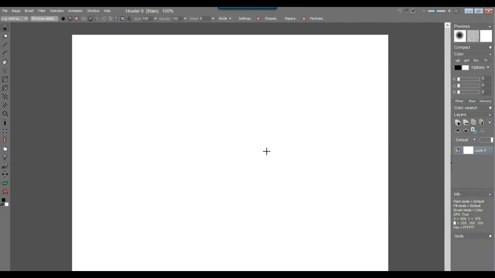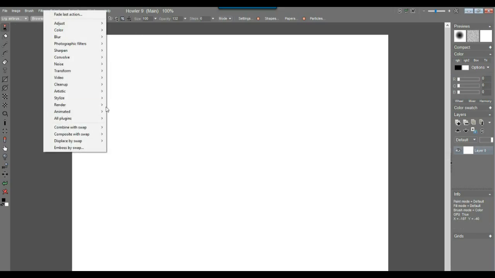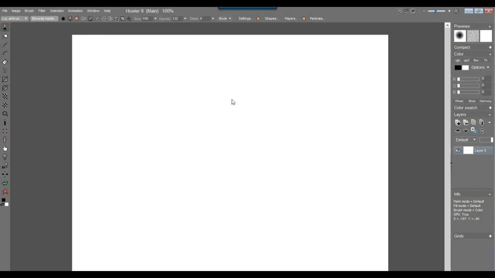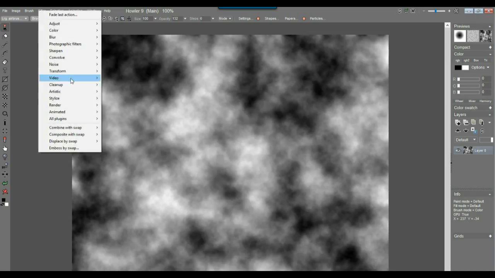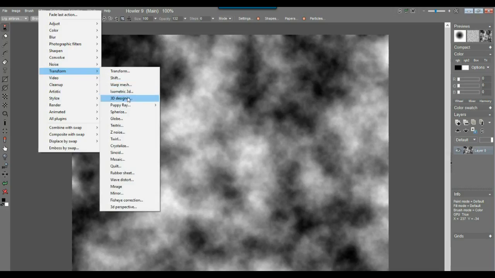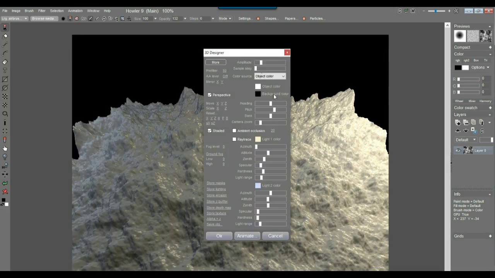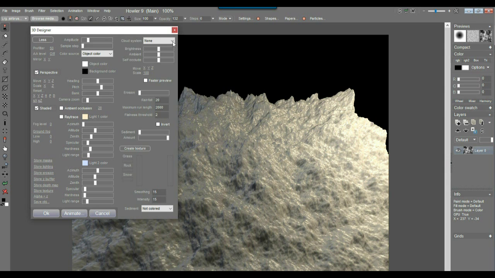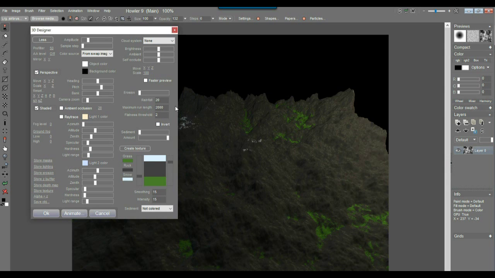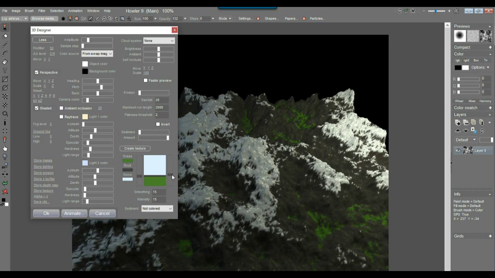And welcome to Howler. Oh, let's do just one little thing here. Let's go create a quick render plasma noise. There you go. Let's go and create 3D Designer. There you go. Let's give it a little bit more options. Let's give it some texture. There you go. Let's give it a little bit of snow, a little bit less on the grass,